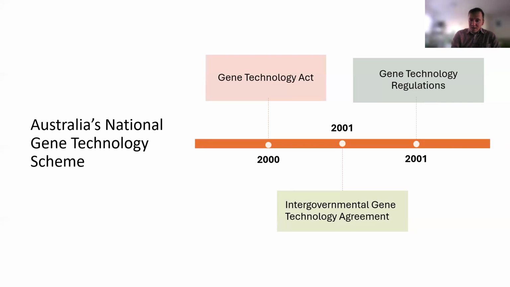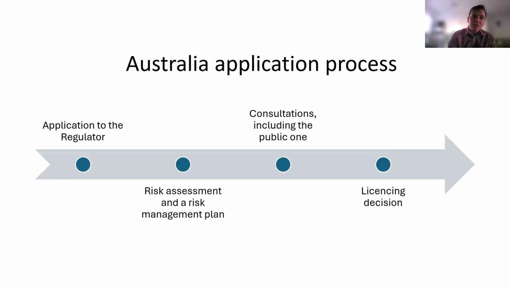Here's a timeline. In addition to these two acts, we also have the intergovernmental Gene Technology Agreement. Of course, there are state and territorial legislation too. In Australia, what I think is quite exciting is that the process is really straightforward, which makes it really efficient. When you apply to the regulator, they start with a risk assessment and